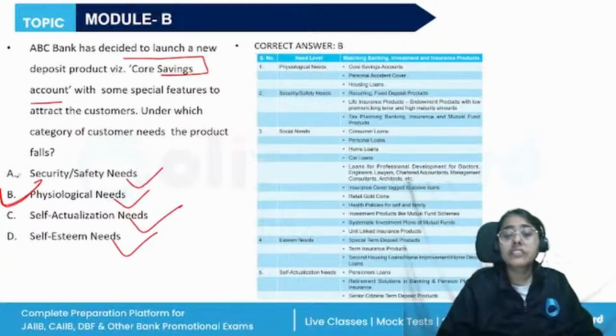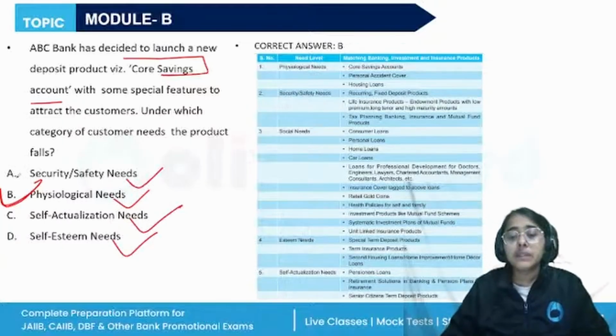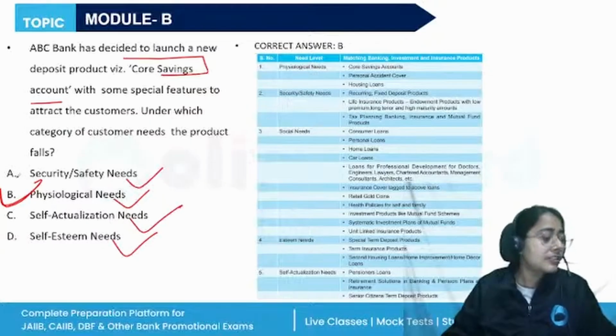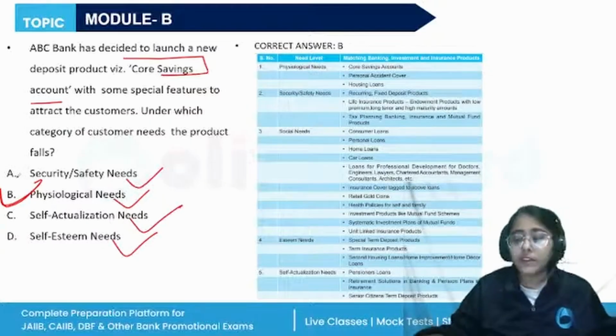Then we have social needs: consumer loans, personal loans, home loans, and car loans. Esteem, which will increase the self worth of the individual. If I buy a second house, it will increase my self worth. And finally, self actualization: retirement solutions, senior citizen term deposit, pensioners loans, and so on. All right. Next,